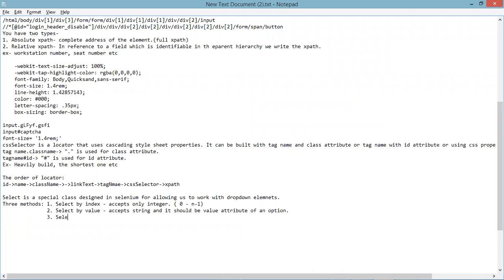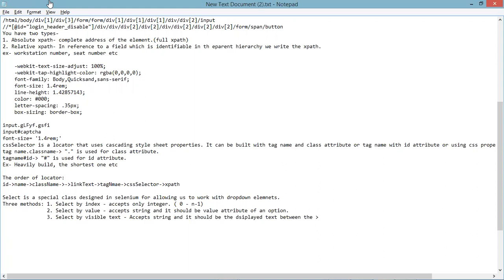Select by visible text. It accepts a string, and it should be the display text between the opening node and closing nodes of the option tag.